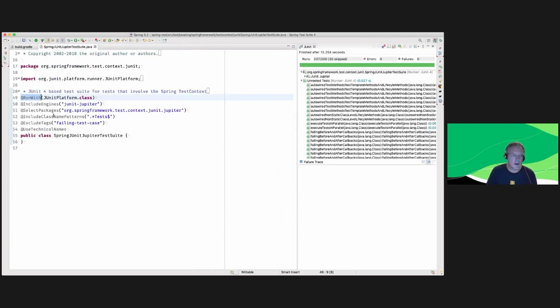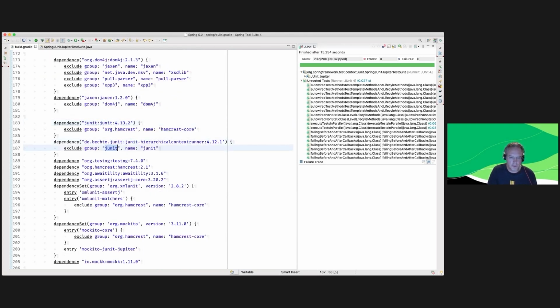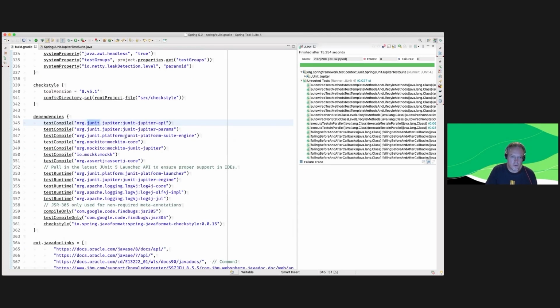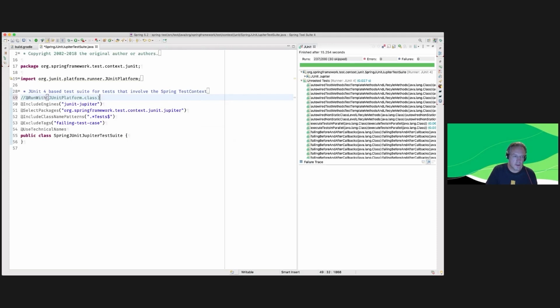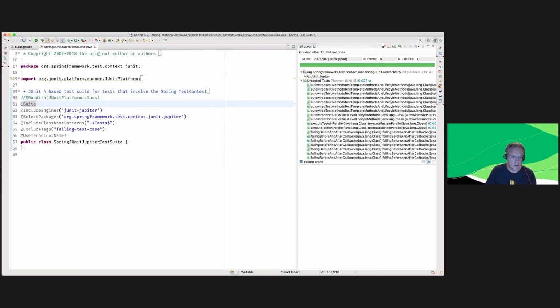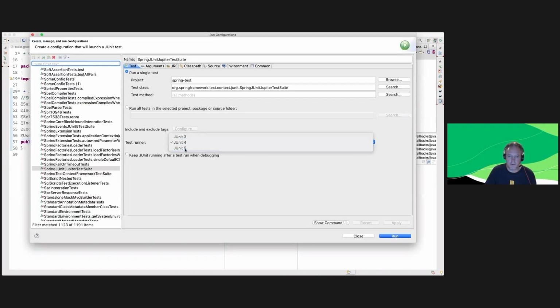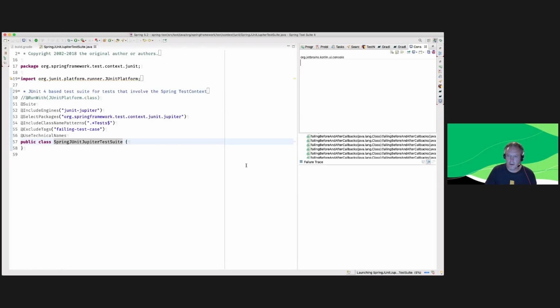It runs the test, but it's not the way you'd like, and the display names aren't really what you were hoping for. So now if we switch that out, what I've done here is in the build, I've switched to 5.8 snapshots, and I added in the JUnit Jupiter platform suite engine. So that's going to give me this new suite engine that I can use. And now I can comment this out. Don't use JUnit 4, use the new suite engine, hit that. And now when I run, it's probably going to say an error because it thinks it's JUnit 4. That's right, but I can switch in Eclipse and say use JUnit 5. And now if I run it,